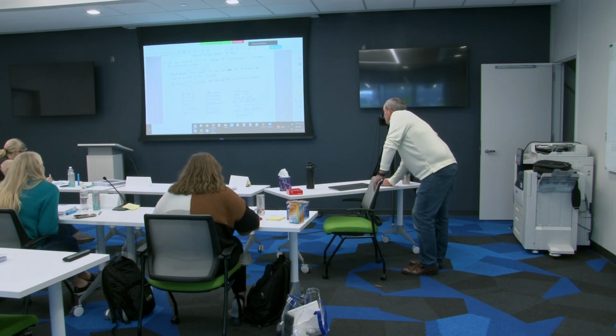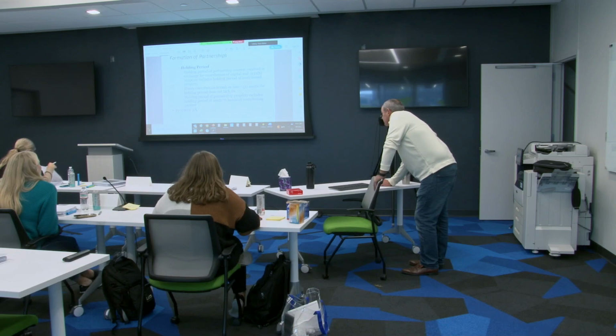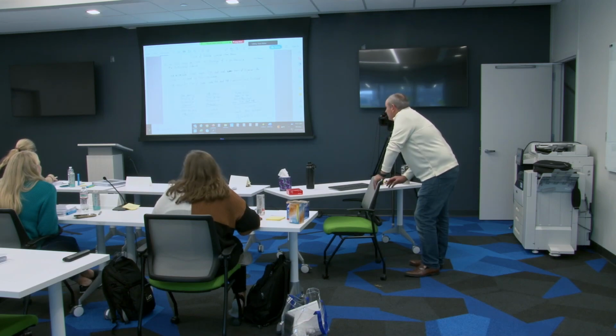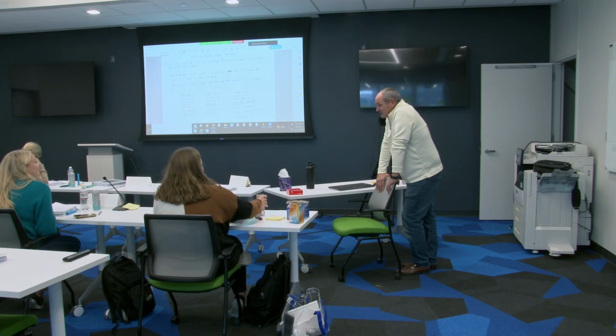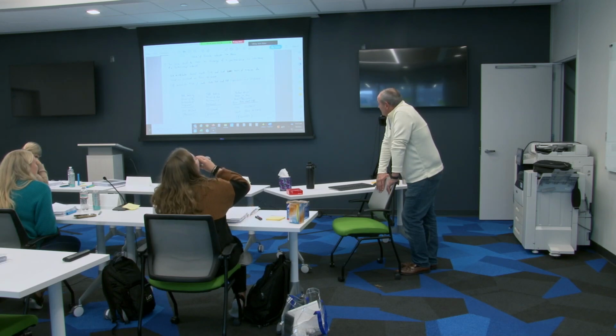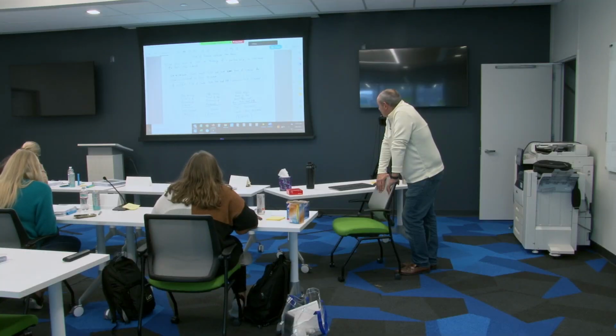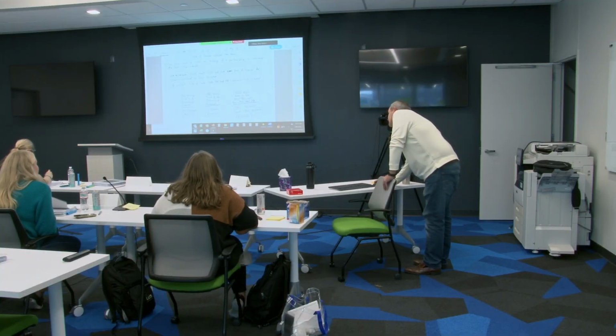Okay, all right. I don't remember what my point was here just yet. Is there something on the second page? Well, I think I was drinking for this. Thank you, just showing the holding periods. I know, but that has nothing to do with inside-outside basis difference. I don't know what I was doing here. Sure. I know where I was at, and I was not drinking when I wrote this. Causes of inside-outside tax basis difference. Now, that wasn't part of my slides either. It wasn't part of my 2011 slides. No, it was not. All right, this has to do with holding period. I don't know what I was doing.